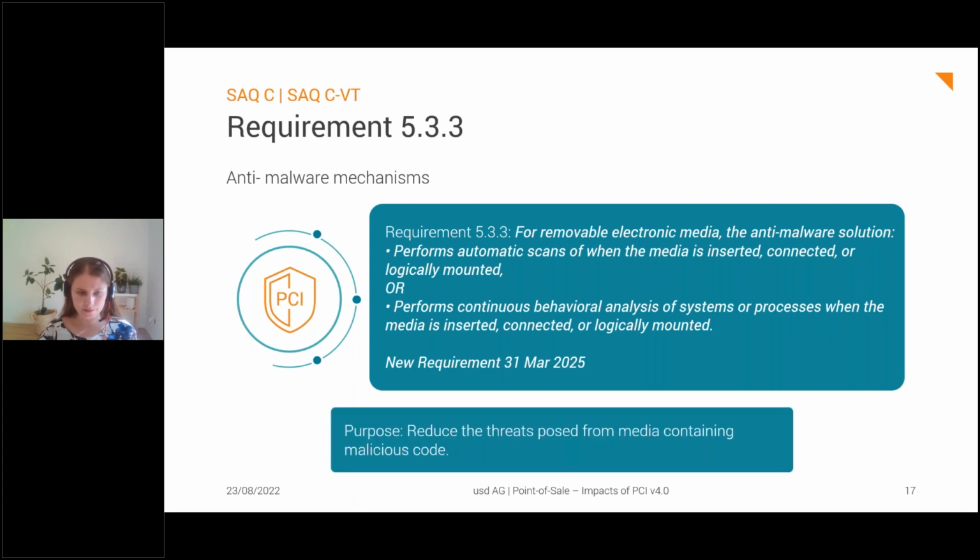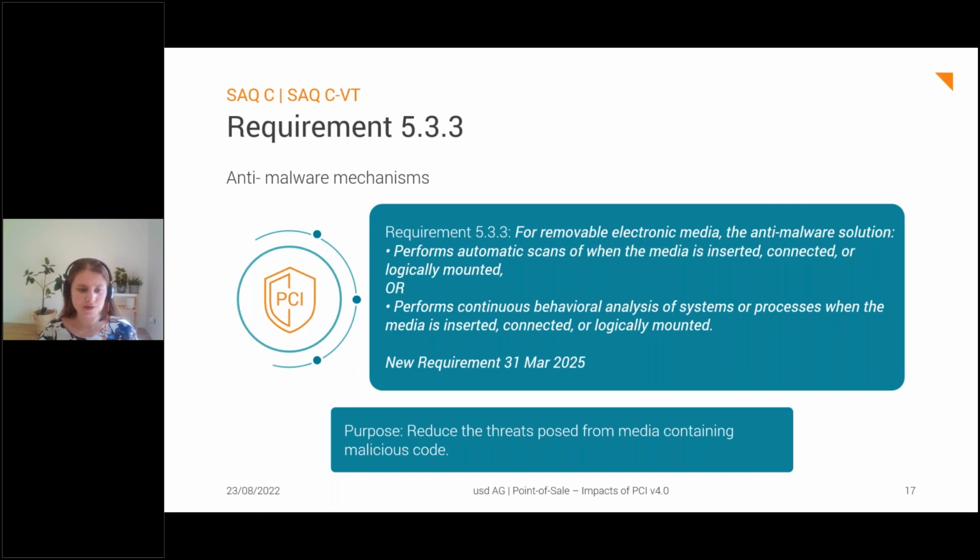Why do we have a requirement asking for this? So the standard council realized after some time that USB sticks or this removable electronic media are a threat to your environment, because sometimes you receive a USB stick during, let's say, a convention with information from another organization, but you don't always know if this organization is really trustworthy or not, or you find a USB stick, and even though